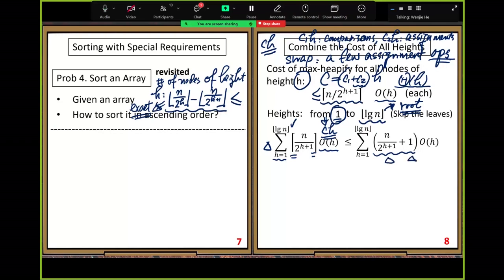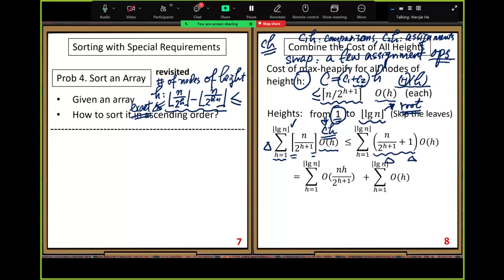First and the second term. So let's split those two terms. The constant one part should be easy. Then we need to estimate the first term. So this is the first